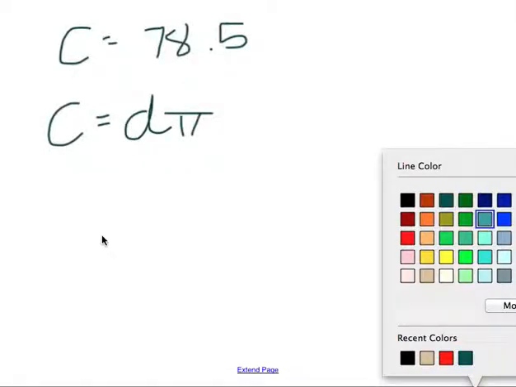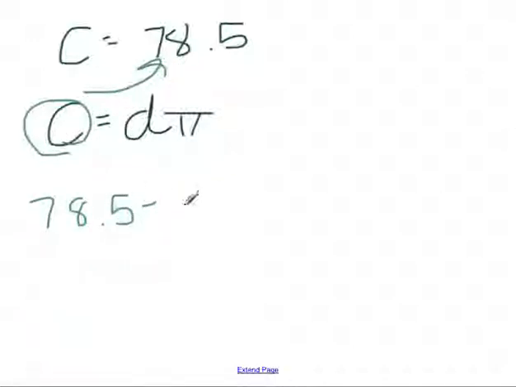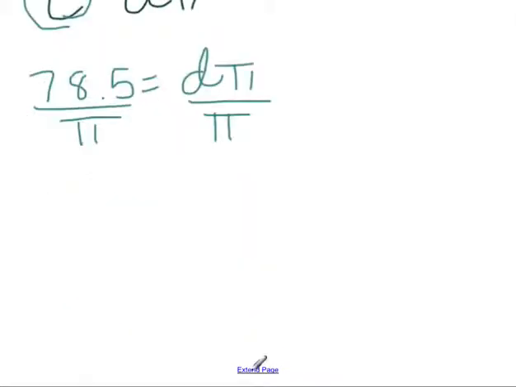So what we're going to do now is take our diameter, which we don't know, but we know our circumference from here. So we have 78.5 is equal to our diameter times pi. So to solve this for the diameter, we have to divide both sides by pi. Pi is really just a number, so we can divide both sides by pi. And then we get that our diameter is 78.5 divided by pi. So when you do that, you end up getting